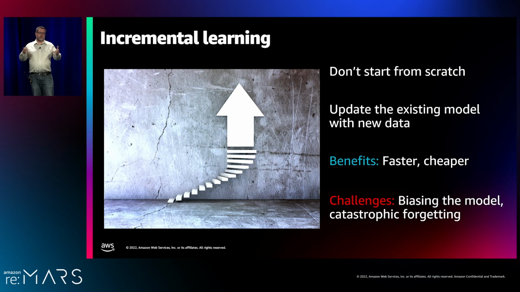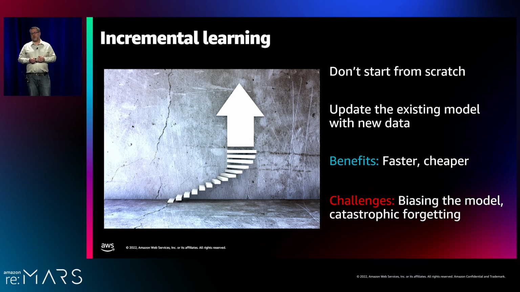So you might think, this totally makes sense, why doesn't everyone just do that? The reason it's not super common yet is that it has a couple of challenges. One is that you might bias the model. If you have a small window of time of new data that you're applying on top of your model, that data may be heavily biased. For example, if you take an hour in the morning, maybe it's just people turning off their alarm clocks, and in the evening it's just people setting their alarm clocks. If it's just about that, the update will be biased, and you might bias the model so that it prefers those types of use cases at the expense of others.